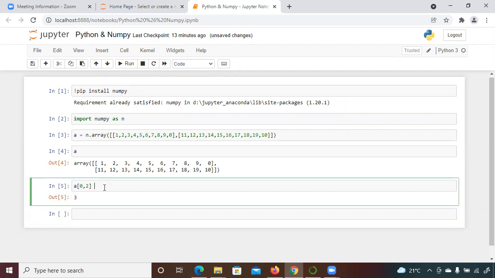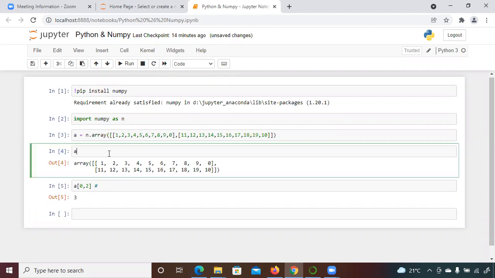What is this? This is a row and column. The first one is your row. Always remember that whether it is row or column, the index always starts from 0.